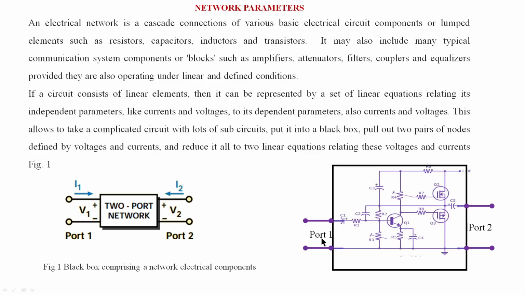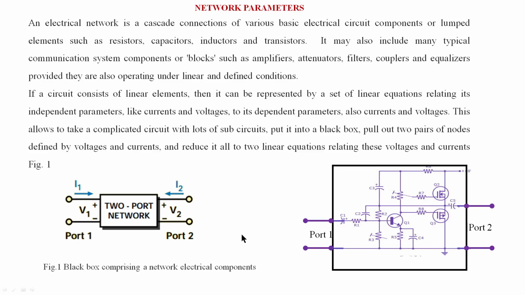For example, an amplifier. I think most of you studied the RC coupled amplifier. In the RC coupled amplifier, there is an input, and two wires used to be there. Now what do we do? The source positive is connected to one terminal and negative is connected to ground. That way we do the connection. That pair of terminals is called a port. So one port consists of a pair of wires. Similarly, at the output there is again a pair of wires, that is called a port here. Port 1 and port 2 in an amplifier.